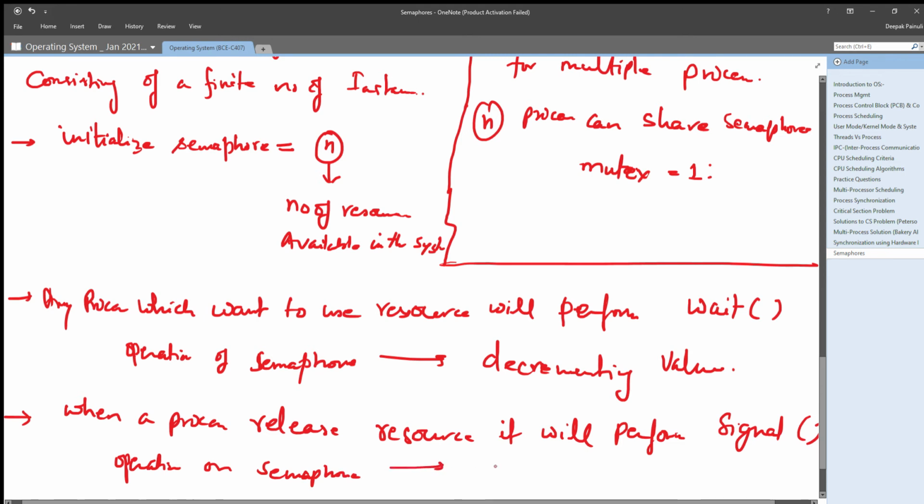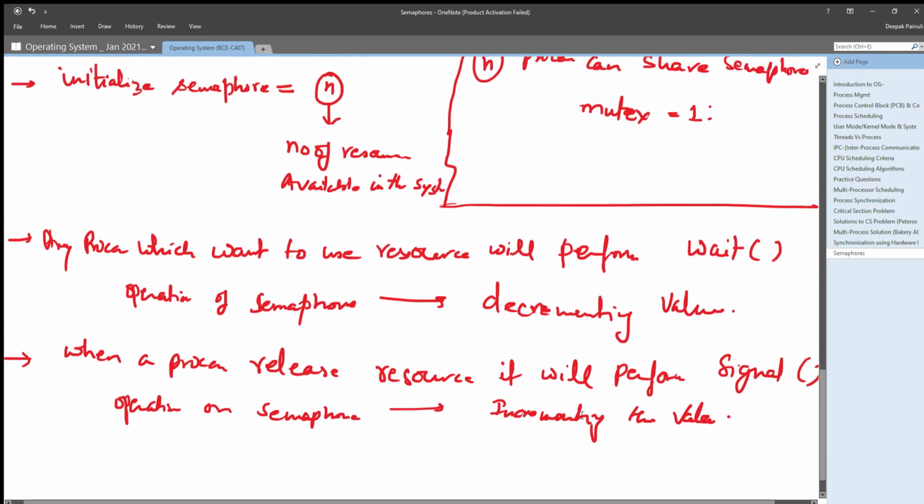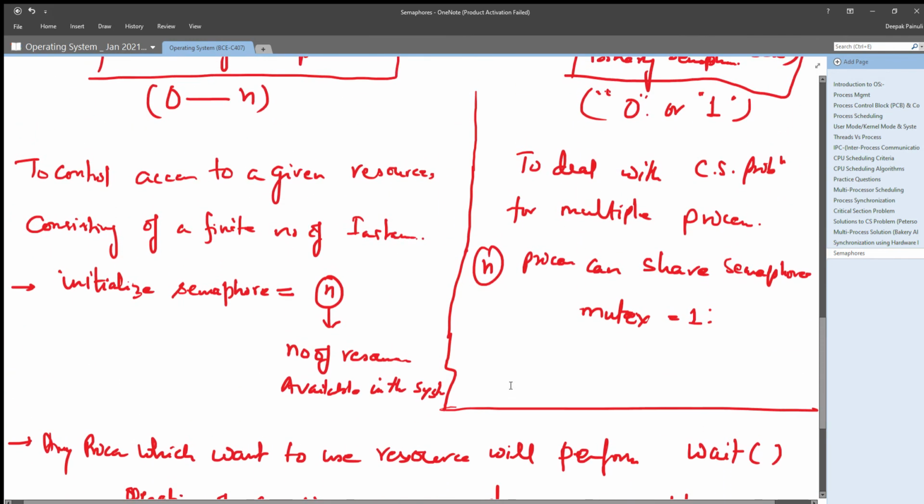What does it mean? It means simply incrementing the value of the semaphore. Right. So how can counting semaphore be used?